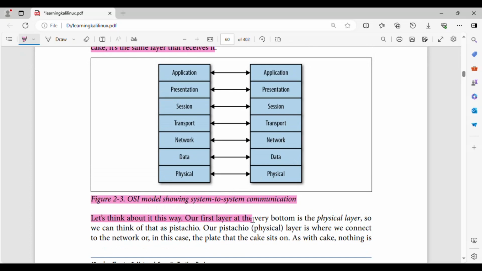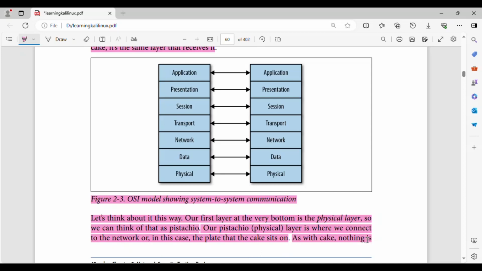Let's think about it this way. Our first layer at the very bottom is the physical layer, so we can think of that as pistachio. Our pistachio, physical, layer is where we connect to the network or, in this case, the plate that the cake sits on.